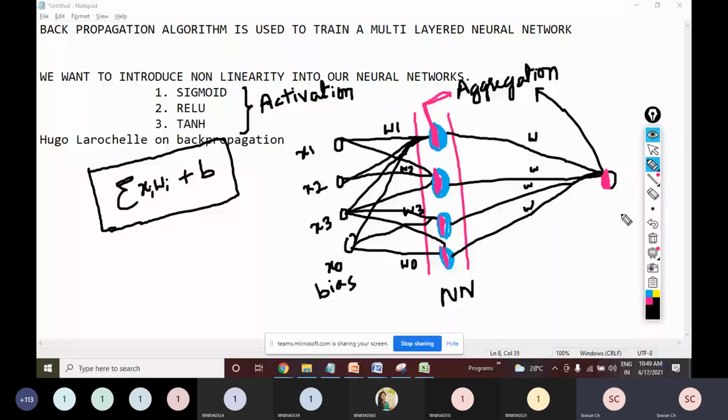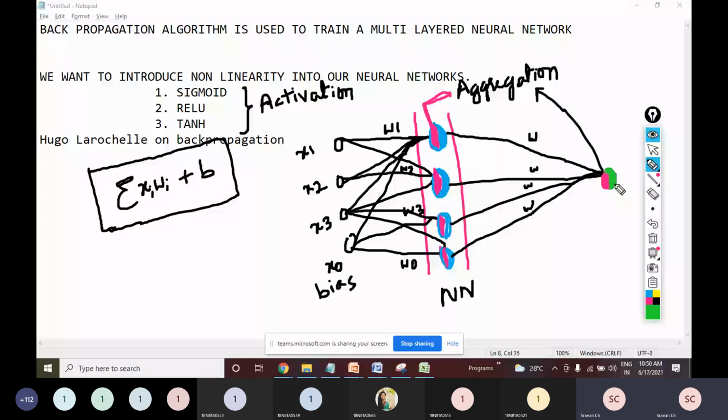Further, what we will do is, again we need to apply some non-linear function, some function to add non-linearity. So friends, if you observe, I am using a separate color called green to represent the final non-linear function. The activation function used in the last layer is shown with green color. The activation function used in the hidden layer is shown with blue color.